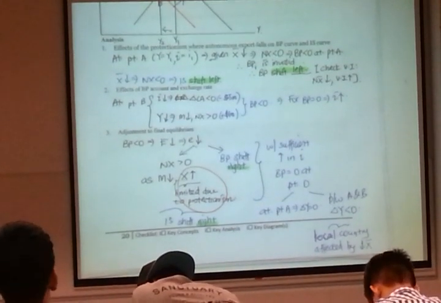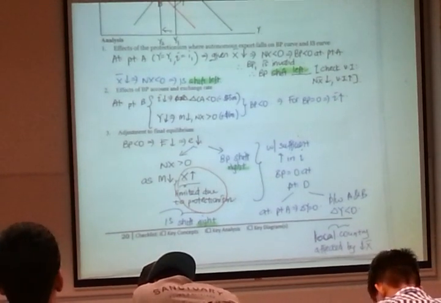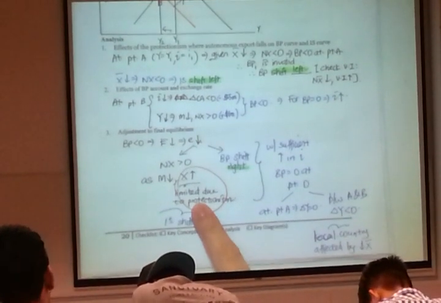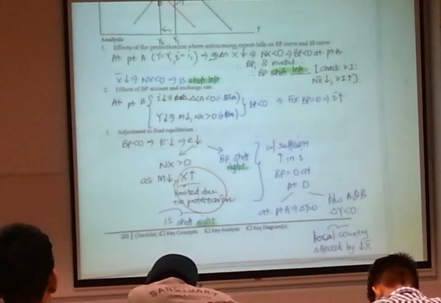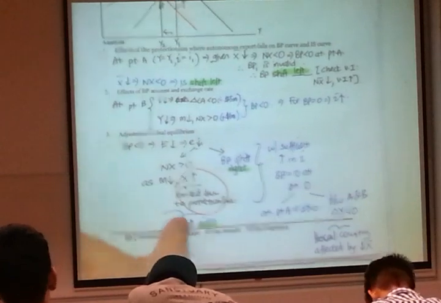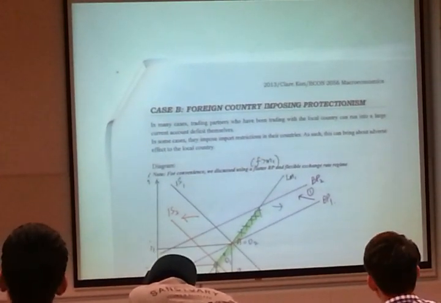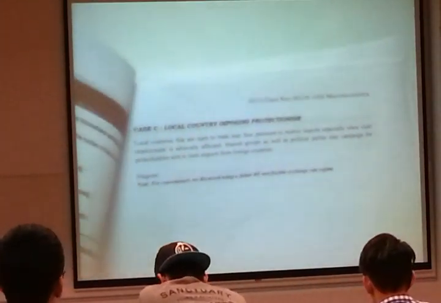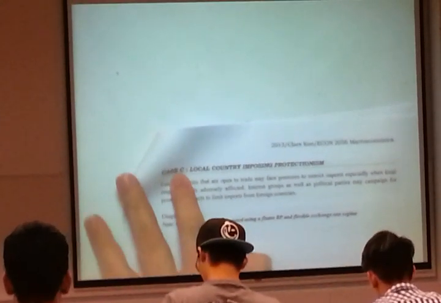You are clear what the scenario in the question was. Currency weakened, but you actually can't sell much. So your IS shifts right, but cannot shift too far. So this is a case where a foreign country imposes protectionism. But when we discuss protectionism, let's move to the next page. You can change the heading to C. I think I still put the C. But change